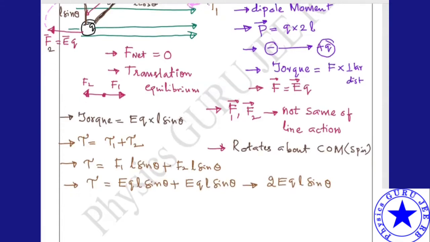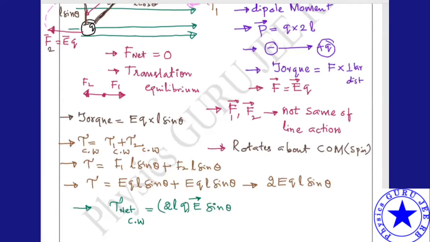Now in which direction is the torque rotating? Clockwise direction. This is clockwise, and this is also clockwise, so the net will also be in a clockwise direction, right? Yes. Okay. Now both are in clockwise direction. The net torque, obviously clockwise, is equal to 2L into Q into E. I am just separating and writing it here, into sine theta.